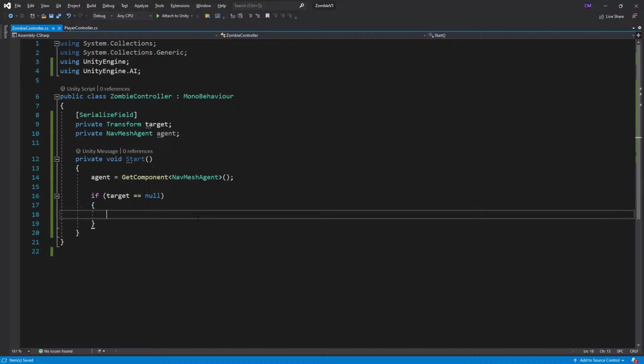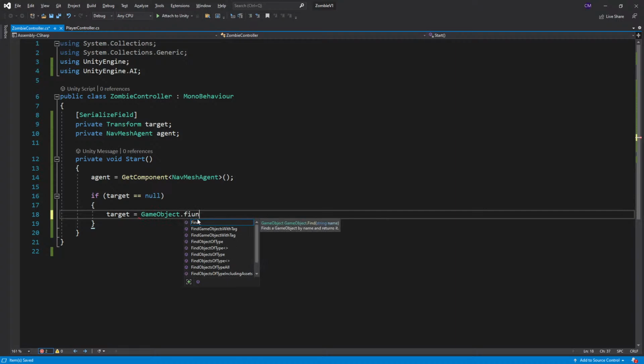So you only want to be doing this at least once, you don't really want to be doing it too often. So if our target is equal to null, if we have been lazy and we haven't set a target or just dragged and dropped them in,